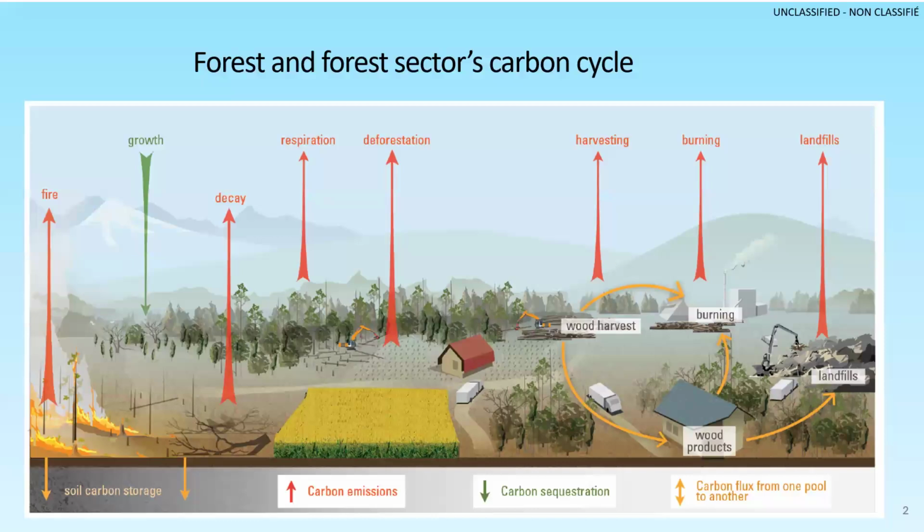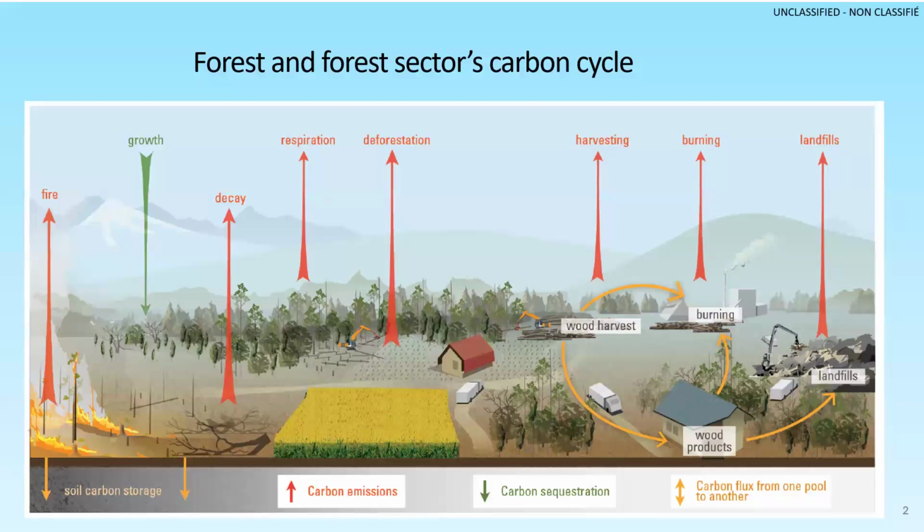But not all of the carbon from harvest is emitted. Some of the carbon is transferred, and the transfers are shown in orange here. So wood is half carbon by dry weight, and it's stored in the product for as long as it's used. And when the product is discarded, it can either be burned, which releases carbon back into the atmosphere immediately, or it can be transferred to landfills and decay. And we also have carbon that's transferred when there's mortality in the trees, and it's stored in the soil. So the dead wood in the soil will decay over time as well.